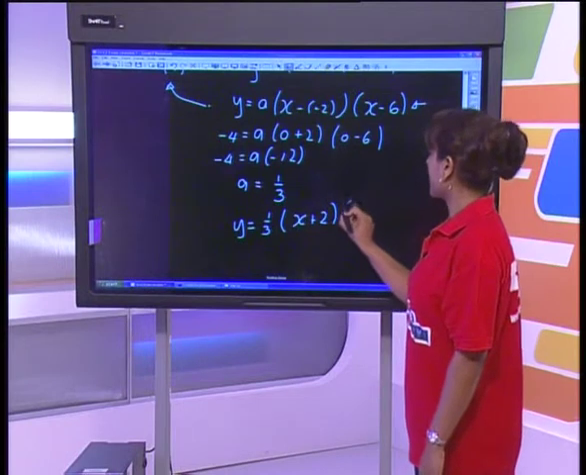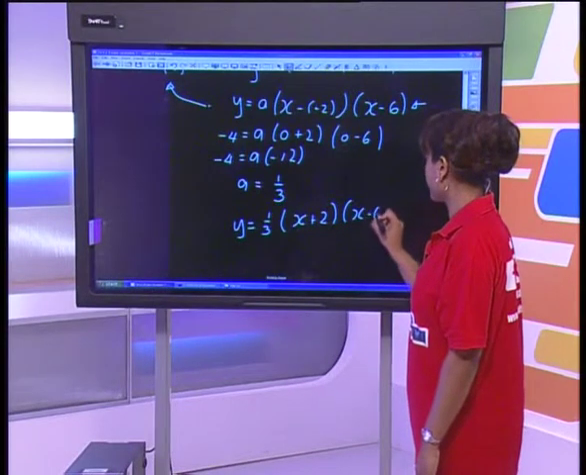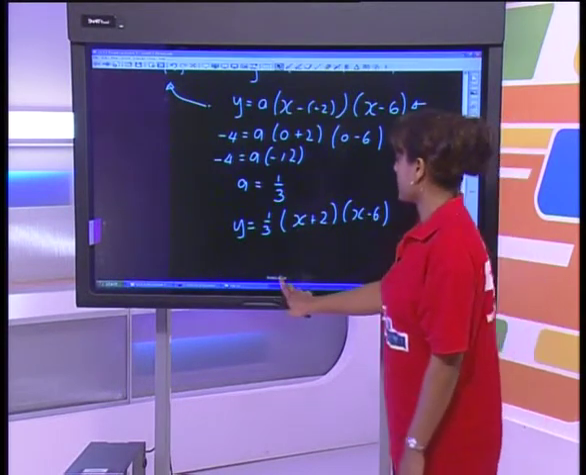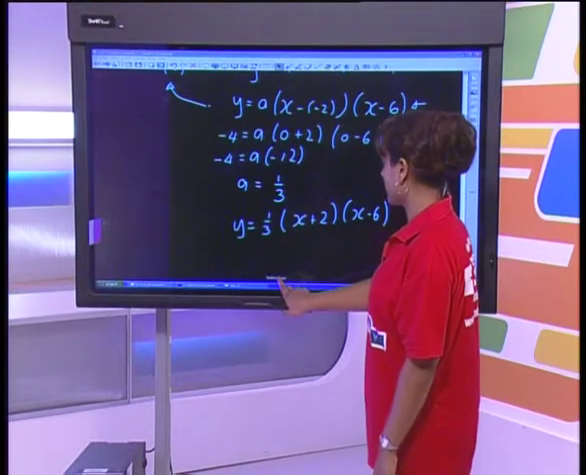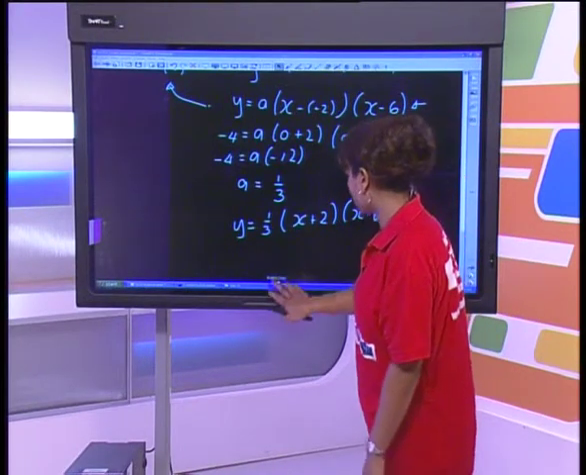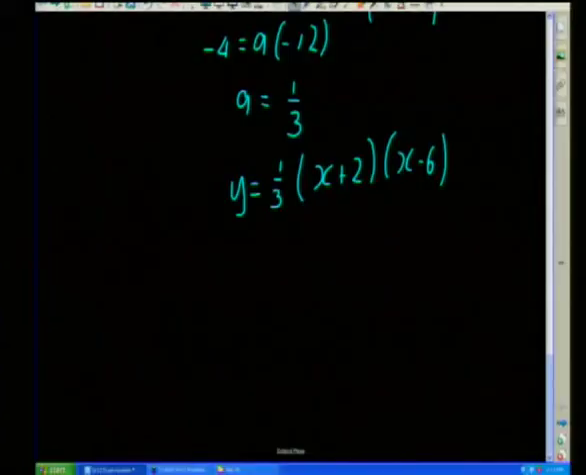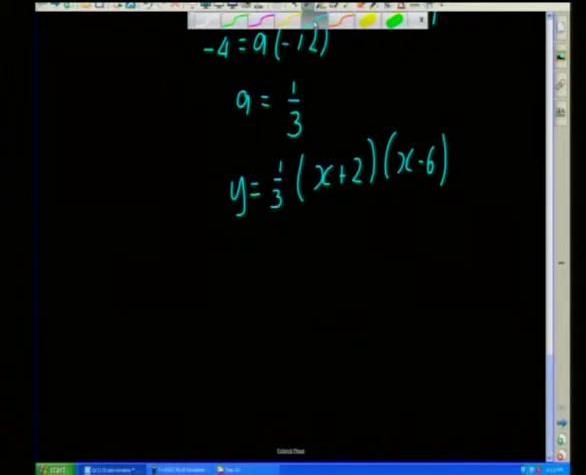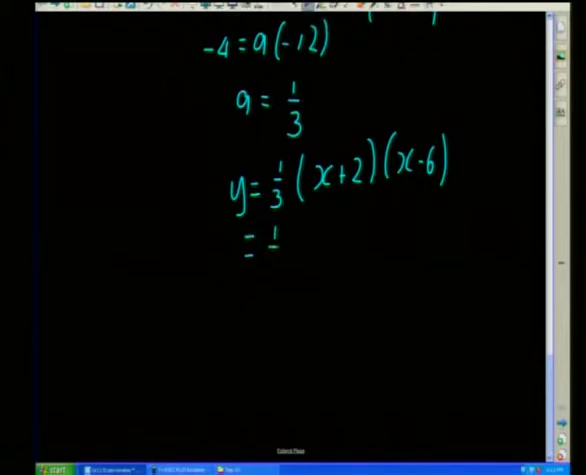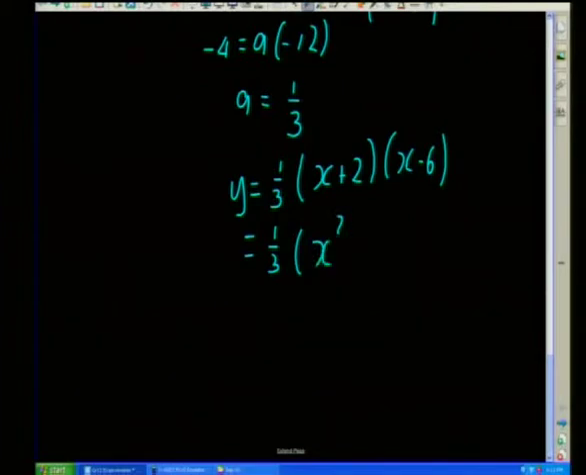And then we've got x minus 6. Okay, and let's just multiply that out. There we go. And I'm going to need a pen. So we get a third into x squared, and all I'm doing is just multiplying that bracket